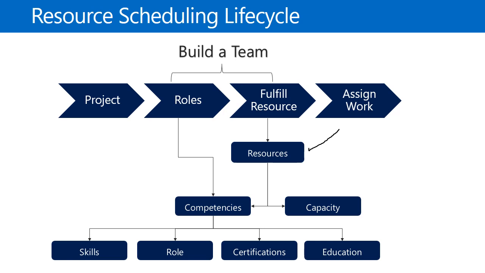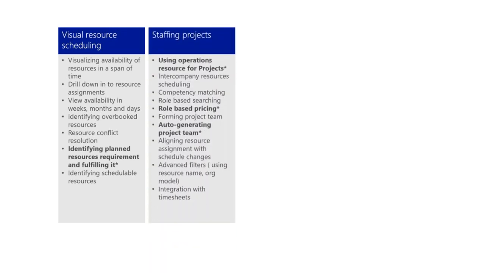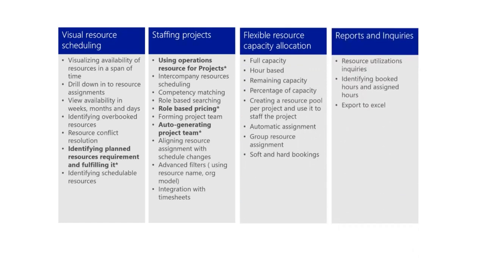All right, so that's a quick look at the life cycle of a project. Let's talk about some of the features, specifically the new features as of Dynamics AX, the RTW release. So first of all, there's 4 different buckets that we can look at. There's visual resource scheduling, staffing projects, flexible resource capacity allocation, reports and inquiries. So anything that you're seeing on the screen that's in bold are some of the new features that are implemented